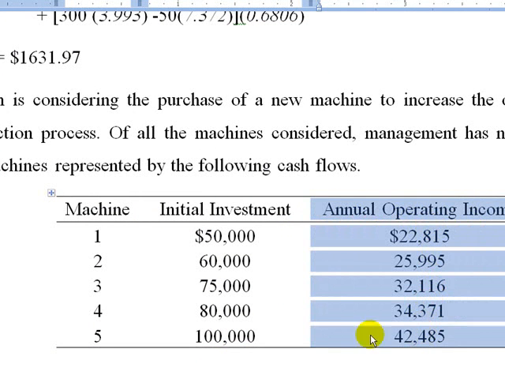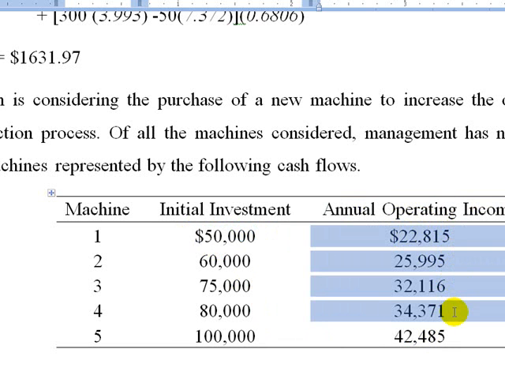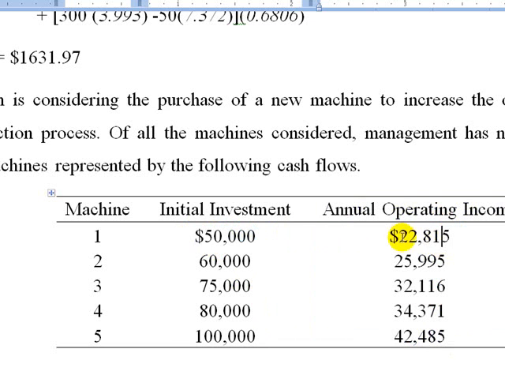And then we have an annual operating income. So if we draw the cash flow, the investment is an expenditure, so it will be negative, and the income we get because of that investment will be positive cash flows. In the case of machine 1, the cost of the machine is $50,000, that's the initial investment. Because of the increase in output, the additional annual operating income that machine 1 will generate is